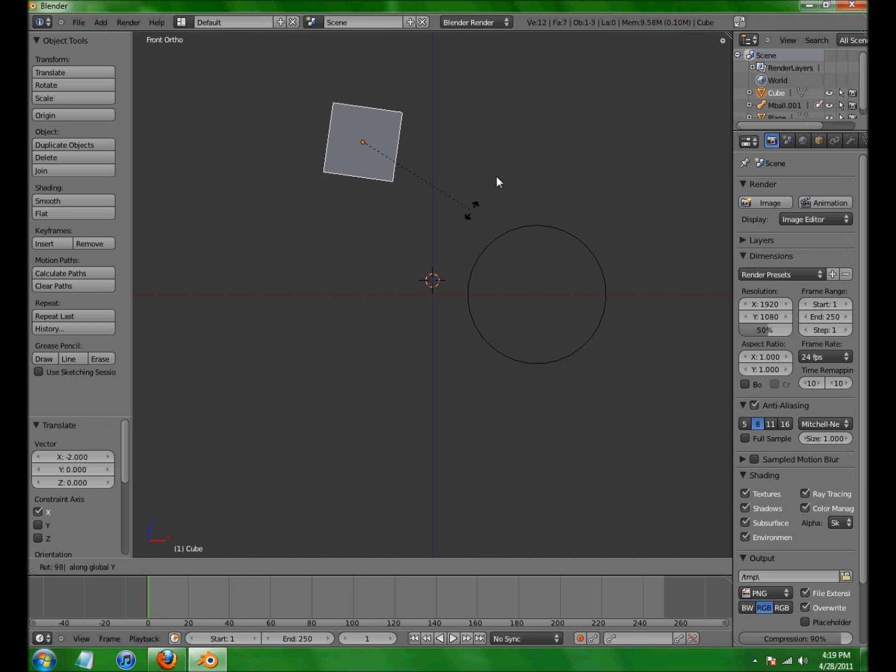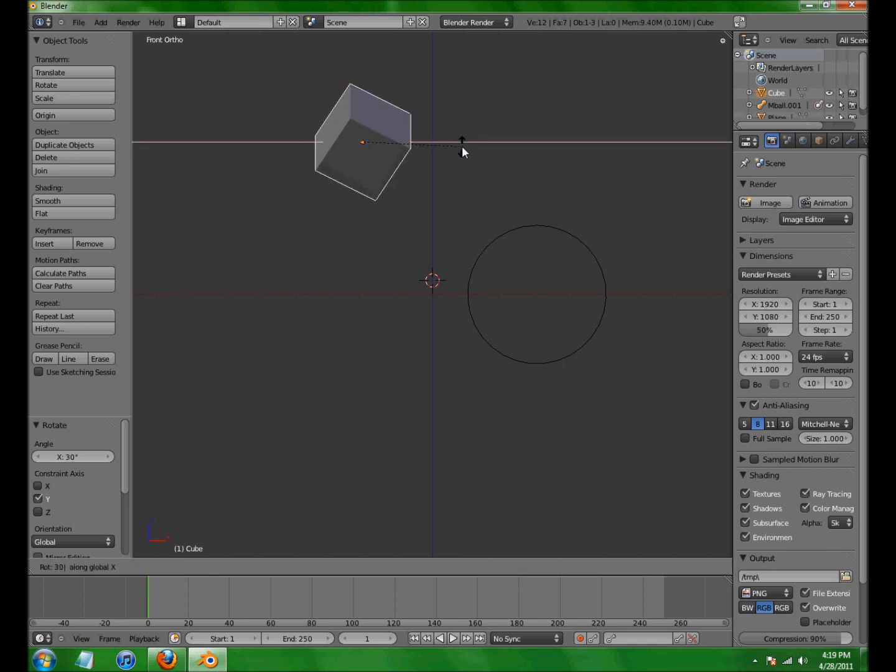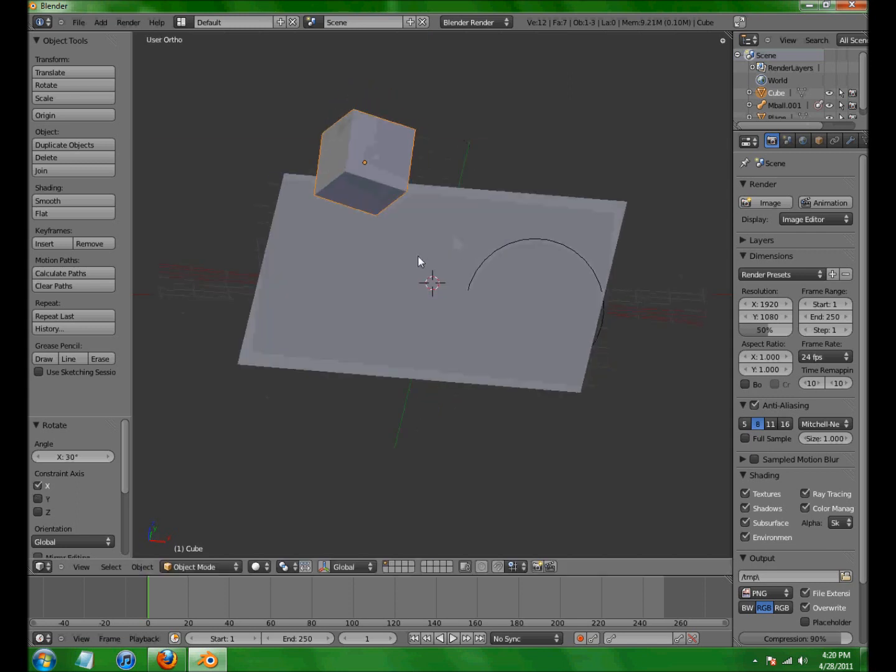RY 30. Let's just do 30. RX 30 again. So you'll notice that